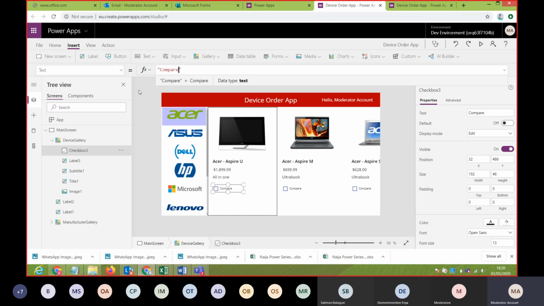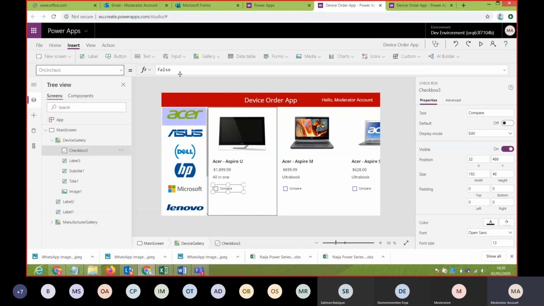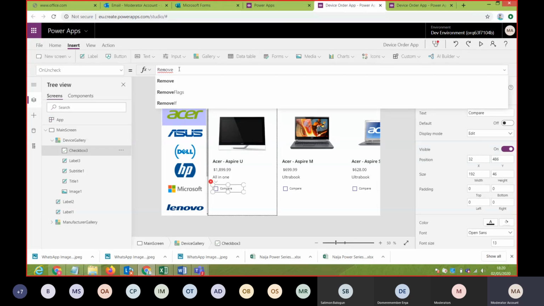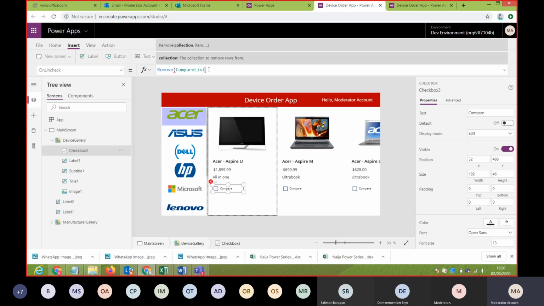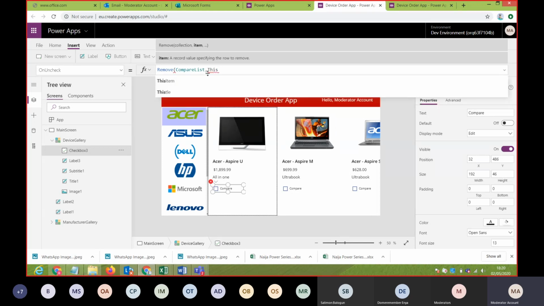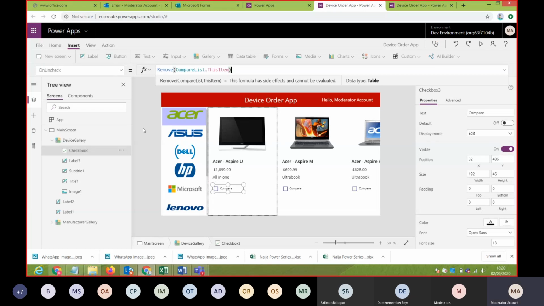The next thing we're going to do is we'll go to on check. So you know what we did before was on check. Now we'll do on uncheck. So what I was saying, when I uncheck this, what do I want to happen? I want to remove the items that are in the collection, this item. Okay, then after that,